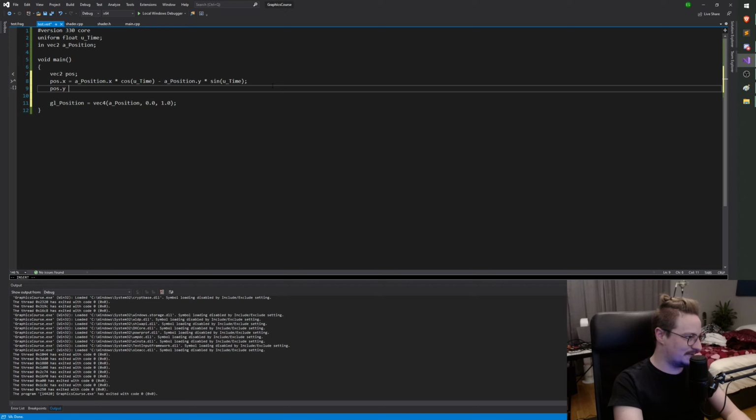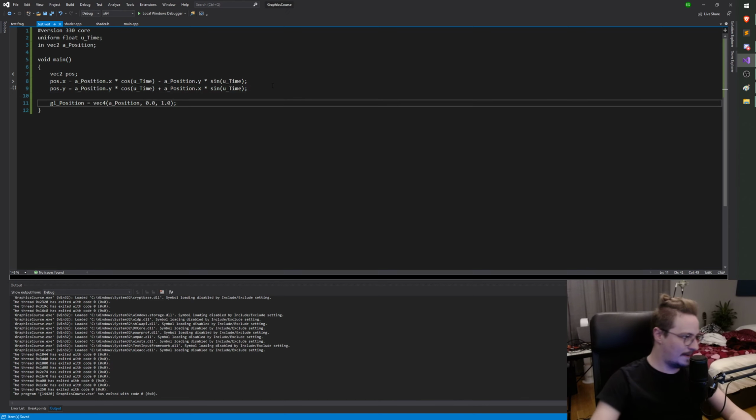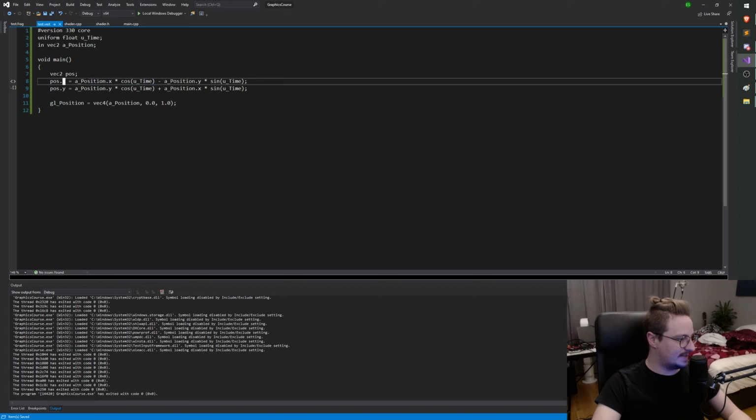Okay, and then we'll do pos.y is equal to aPosition.y times the cosine of uTime plus aPosition.x times sine of uTime. All right. So there we go. Quite a complicated formula, but it's fine. So we're taking these two, so x is equal to x times the cosine of time, and y is equal to y times